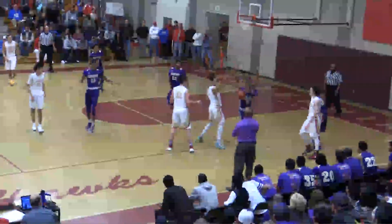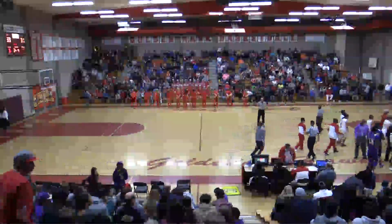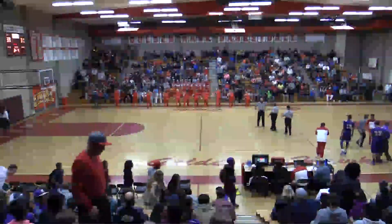Hill slipped, kept his feet, under 10 seconds now. 33-31, Centennial by 2, 5 seconds. Into the high post, Johnson looking for help. He's triple teamed and loses it, and that is going to end the half. So good defense in the final possession by Ridgeview. And the first half comes to an end rather unceremoniously with Centennial. A late run, an 11-2 run gave them a 5-point lead, and they settle for a 2-point lead at the half. Centennial 33, Ridgeview